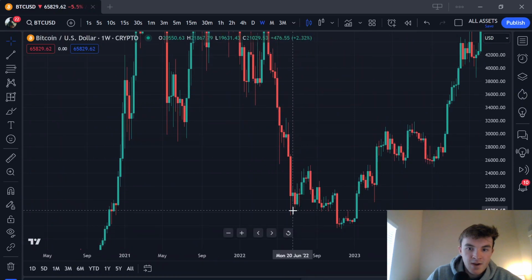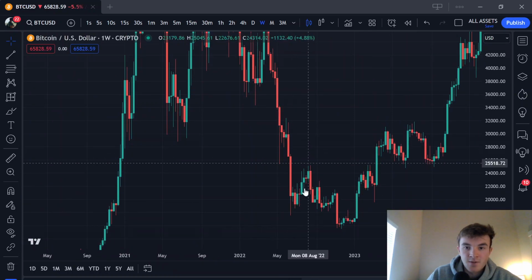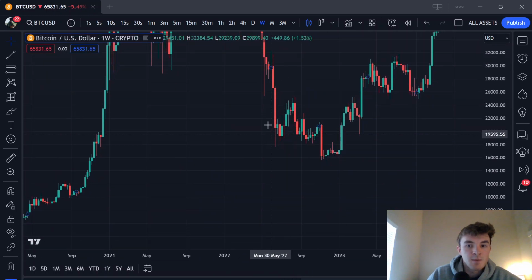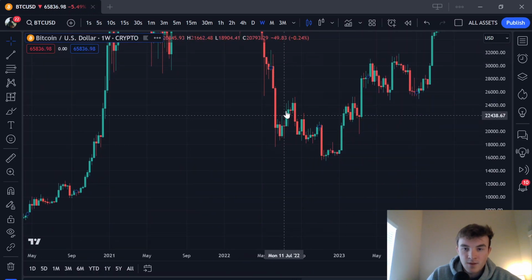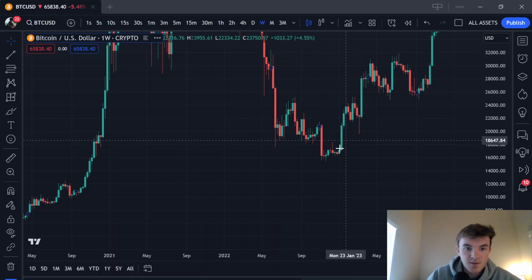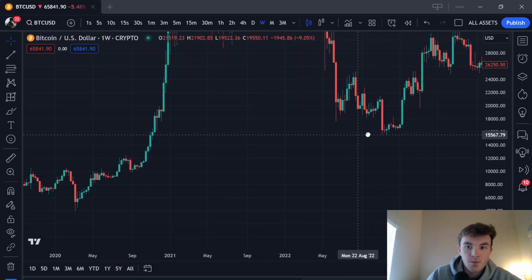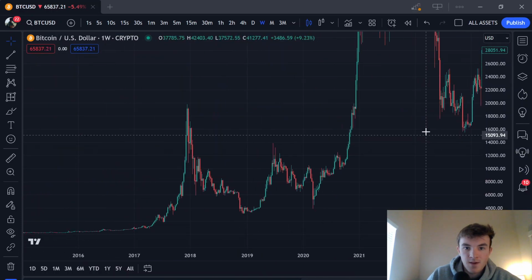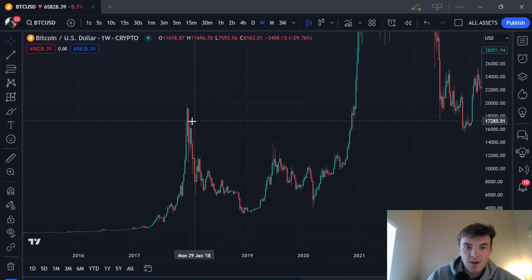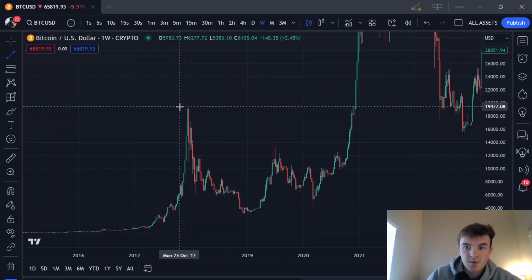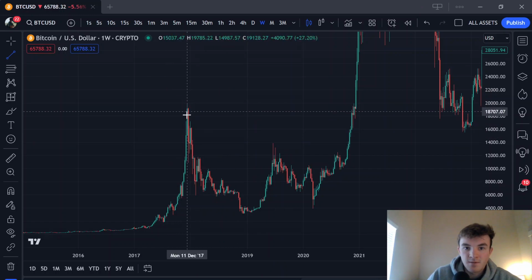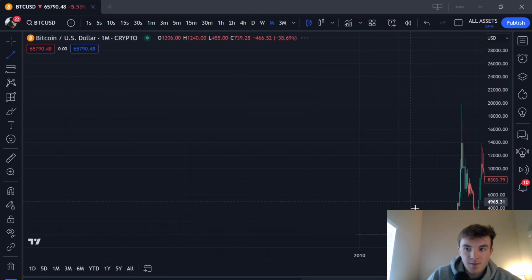This sharp move down is where a lot of retail sold. They were freaking out. They didn't know how low it was going to go. They panic sold. You could see price started to build a base. Then it got this final manipulation move down, which happened to be a manipulation down into what was essentially this 2017 high. I mean, if I pull it to the monthly,